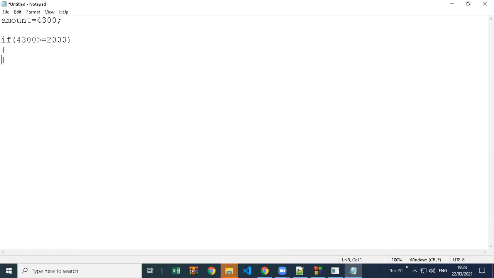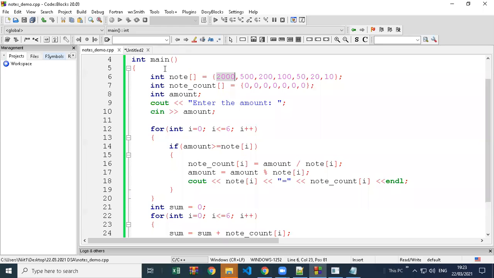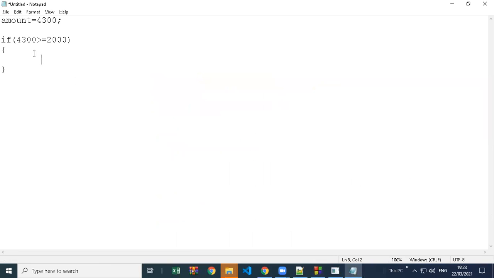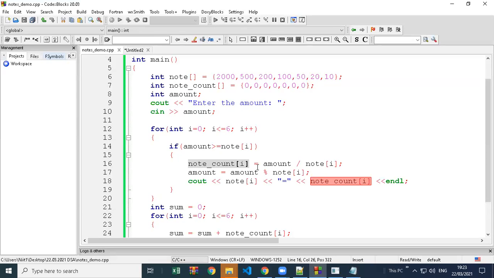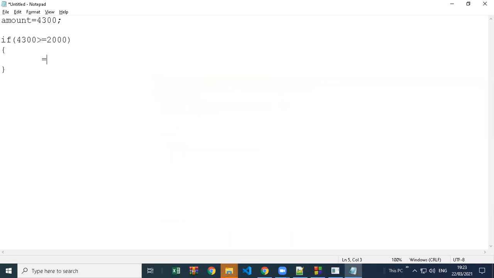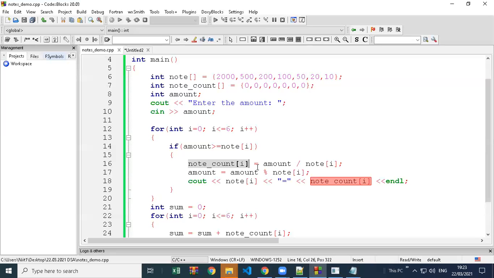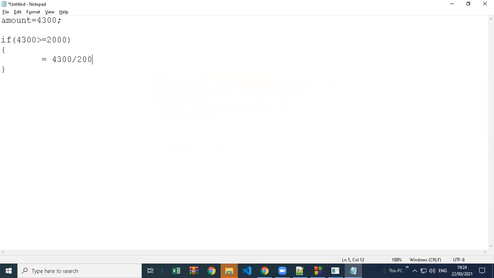We just write it, don't do any calculation. Now note count of I. Note count is our array, equal to amount, which is our 4300, divided by note of I. Note of I is the same 2000.